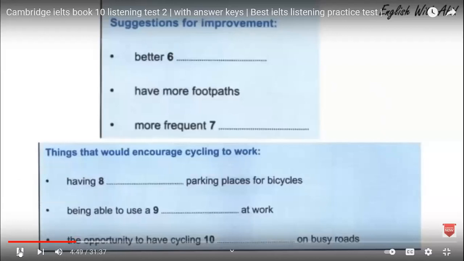I think the lighting should be better. Yes, good point. And of course, I think it's a real shame they've been cutting down on the number of footpaths. They should have more of those. Then people would walk more. Yes, right. And I don't think there are enough trains. That's why I don't use them. You have to wait so long. Thanks. And finally,